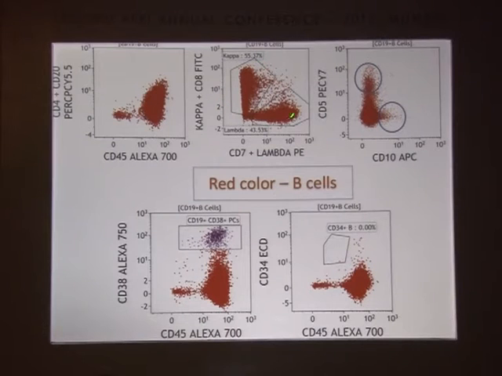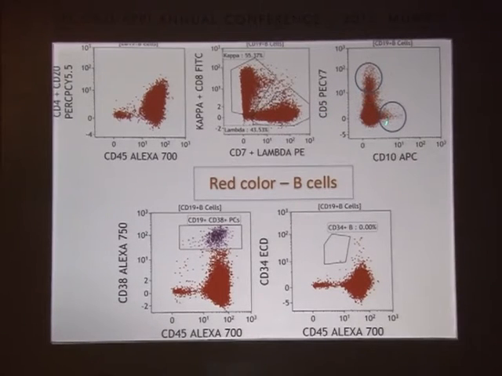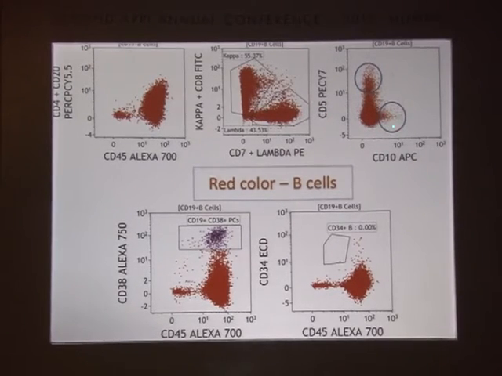Half of them are kappa, and less than half are lambda. 2:1 ratio. Look at this, 55% and this is 43%. This looks like normal B cells. The normal kappa to lambda ratio is 2 or 4:1, and the CD5 population in B cells is very few. And CD10, some germinal center B cells are there, and very few CD5 positive. Normally, you can have 1 to 2% CD5 positive B cells in a lymph node.